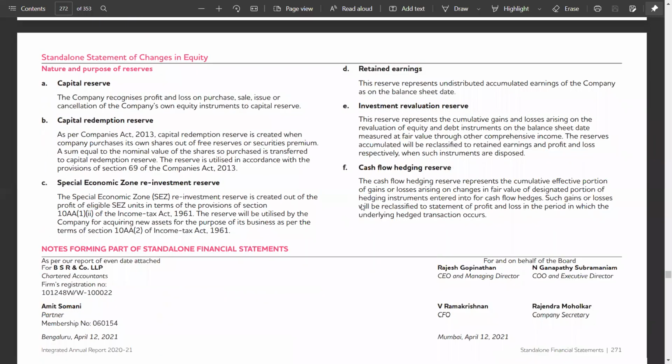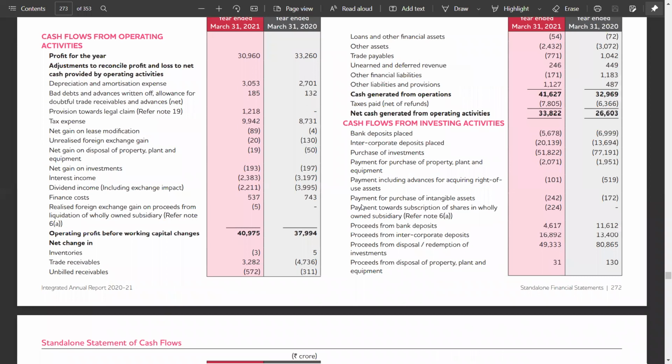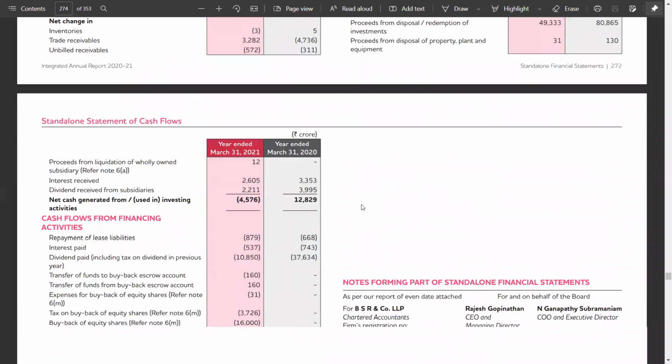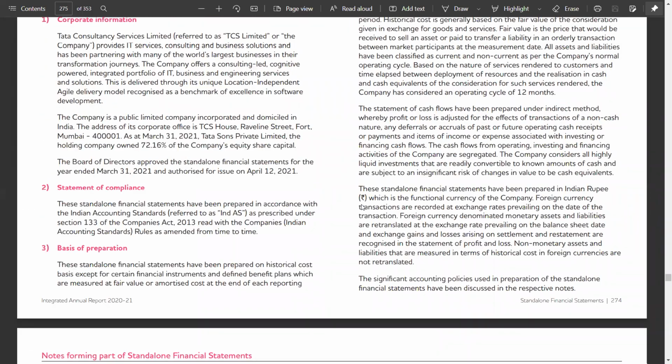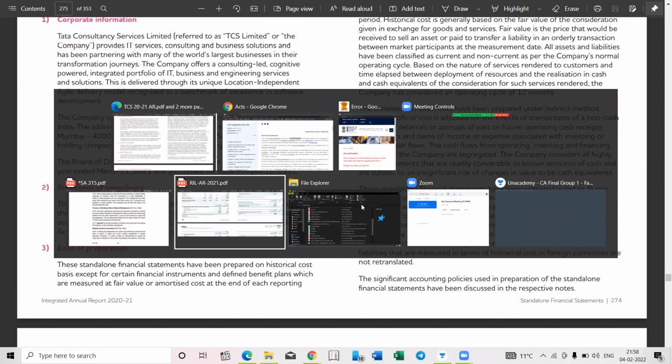And then consolidation, it also includes the cash flow statement, CFS, and notes on accounting standards like disclosure and accounting policy, which have to be prepared and complied with Ind AS or AS, whichever is applicable to them. So like that you have to say.